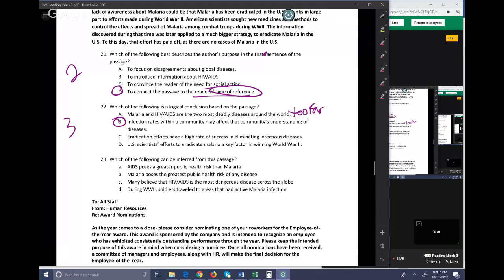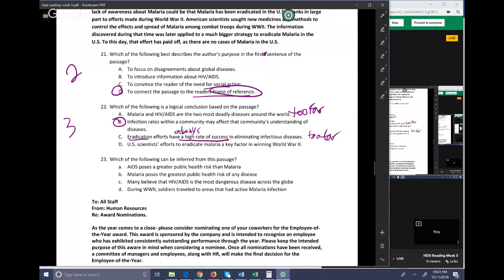What I said about C is it's also too far because we know that in one instance, we had a successful eradication of a certain disease. The way this is written says eradication efforts have a high rate of success. And because it doesn't specify anything, that would mean they always do. We don't know about eradication efforts and how successful they are with other diseases. We just know this one instance. So it's too far to say, oh, it's always successful to eradicate a disease. I think if it were always successful, the flu would probably be eradicated.